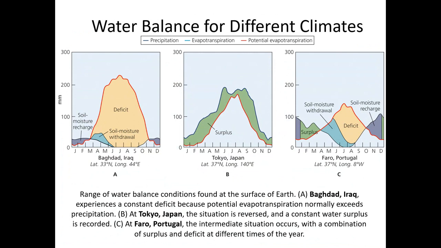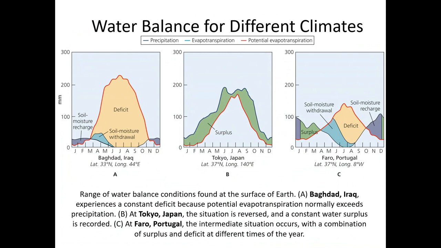And then Faro, Portugal on the right has a surplus during the winter and then a deficit during the summer because they have a Mediterranean climate, which is cool and drizzly in the winter and then dry during the summer. So they have a little bit of both, with excess rain coming down during January, February, and then during July and August, a prolonged dry period where it dries out and there's far less moisture coming down than the amount